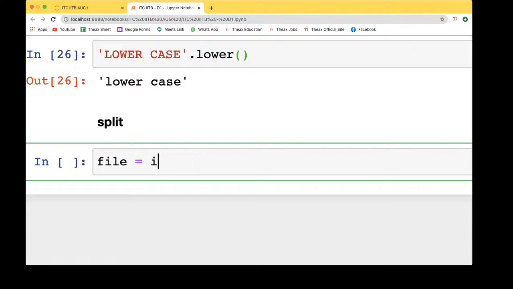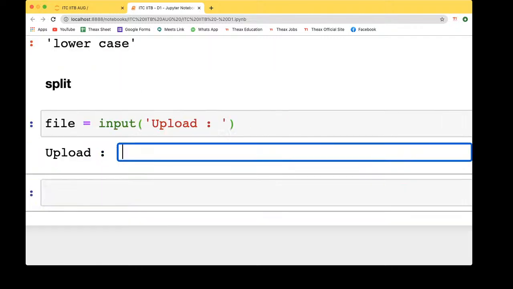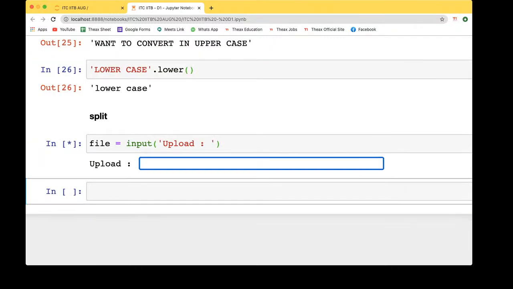So we'll write input, and then enter the file name, like upload. You run this and you will get a prompt box, and you write what you are uploading, including your extension name. So let's say you are uploading a resume and that is in the doc format.